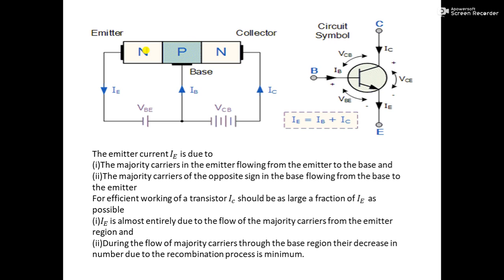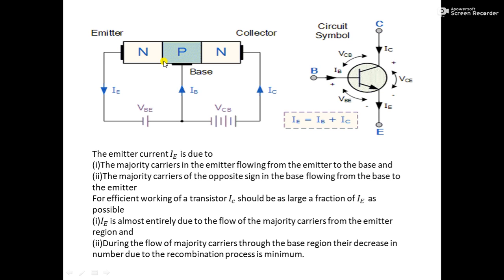The doping of the collector region is not so important. It is usually lightly doped in order to increase the collector base junction. The area of the collector junction is generally made considerably larger than the emitter region. This is necessary because the majority carriers from the emitter flowing through the base diffuse in the forward direction as well as sideways. A large area of the collector region prevents excessive recombination of holes and electrons in the base region.